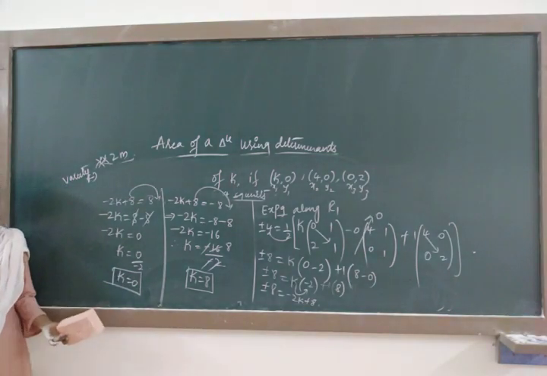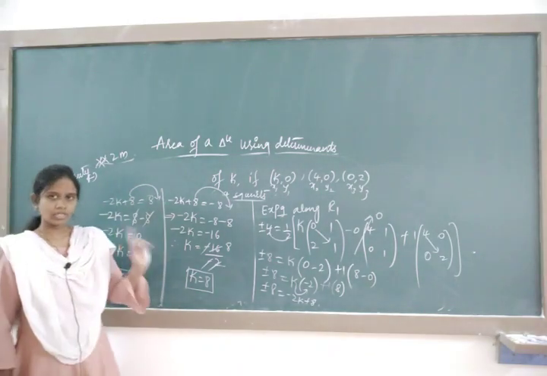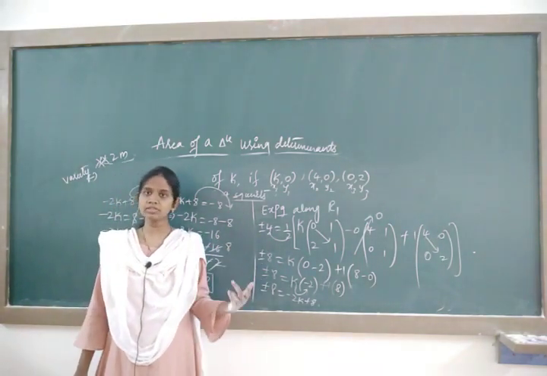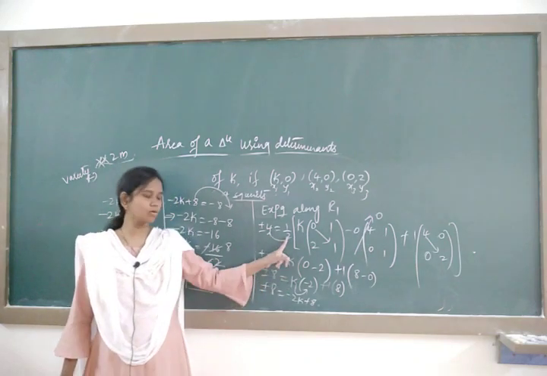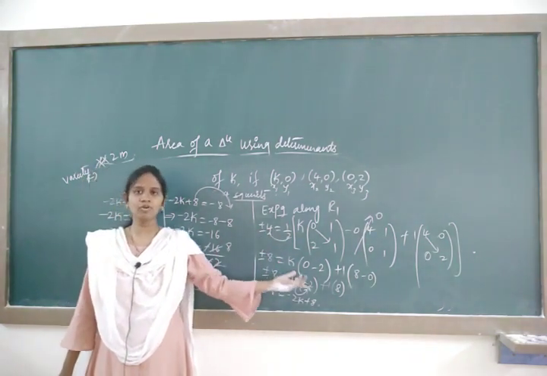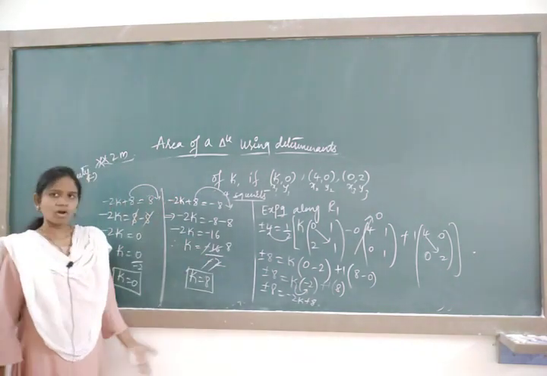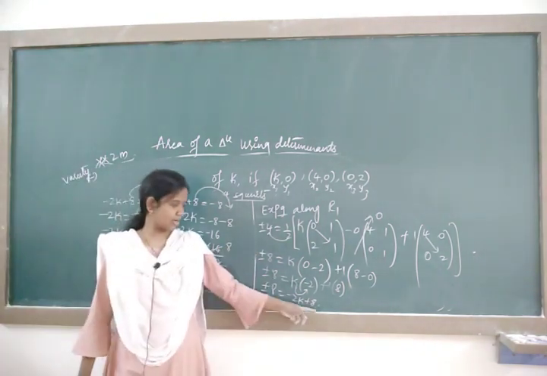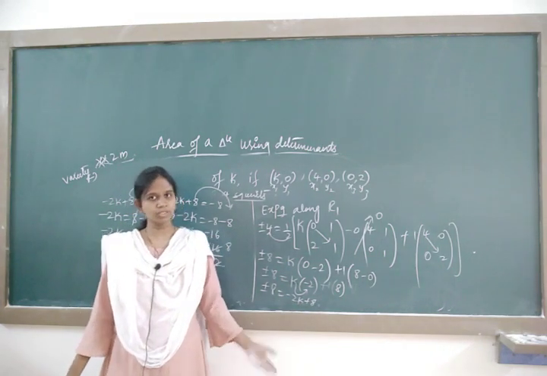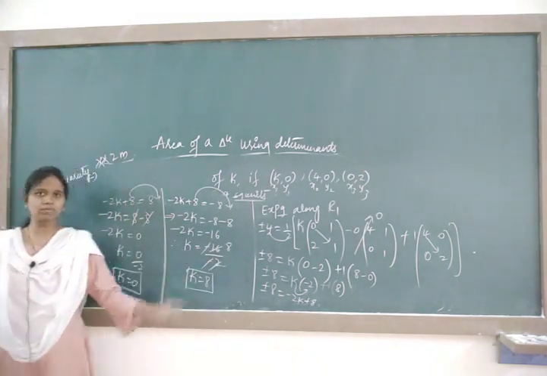In this way you have to find it out. While finding the k value, whatever the area they give, you have to equate for both, plus as well as the minus, and cross multiply these two always to this side. It will be easy for you people. Or else you can, by keeping the 2 also, write here divided by 2. The simplification differs from person to person. But I have taken cross multiply.